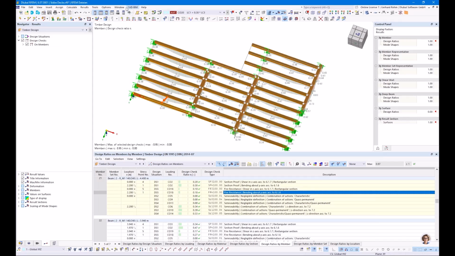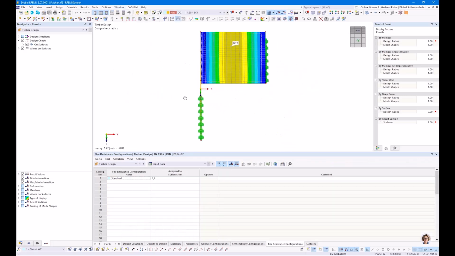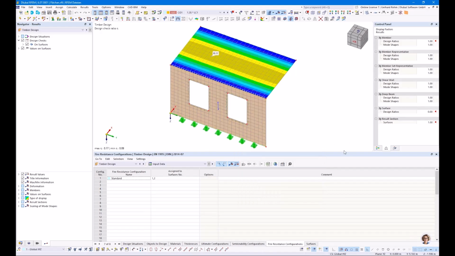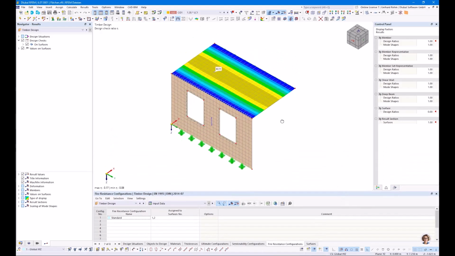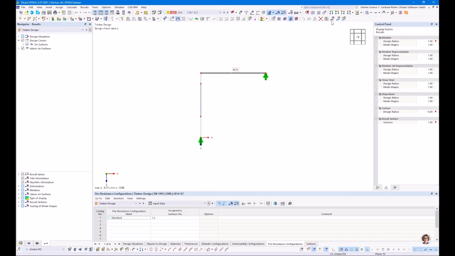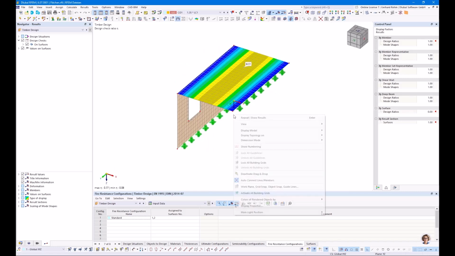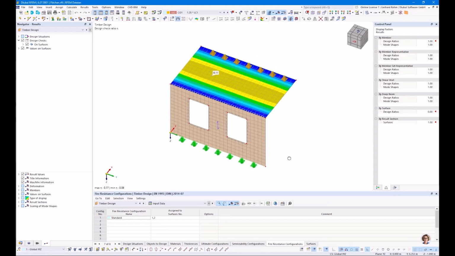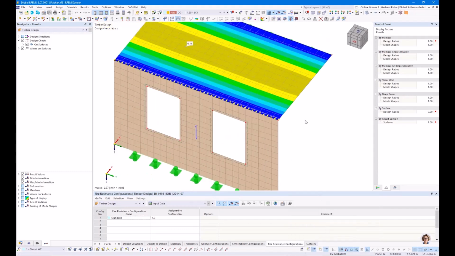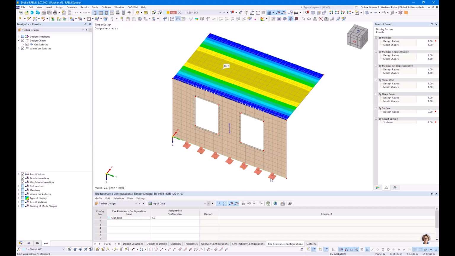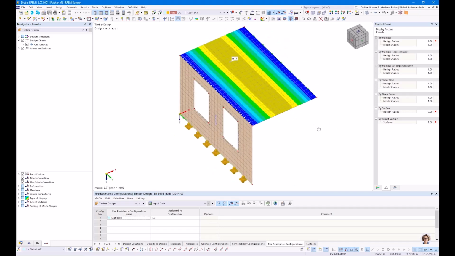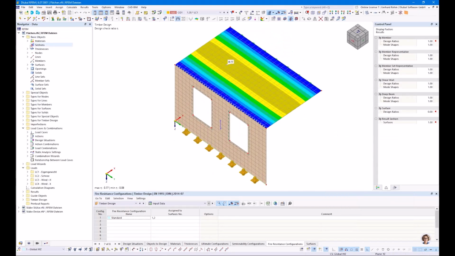Let's go directly to the next example. It was this one with surfaces. So there's a small additional building next to another building, but the other building was not modeled. So that's why I have this fixed support here on this side. There is a line hinge here on this side, and there is a support here on the wall on the bottom side. So this floor here was made of